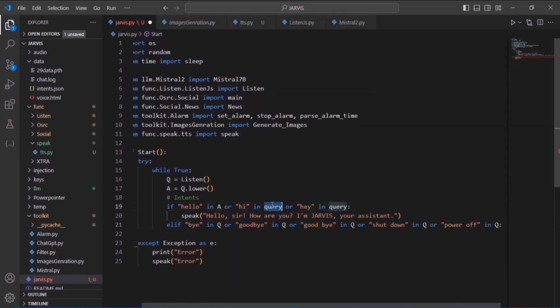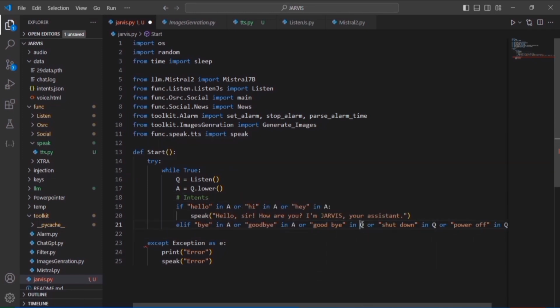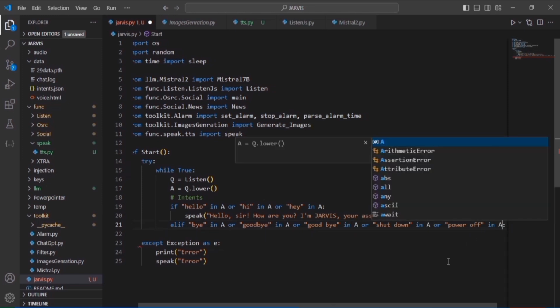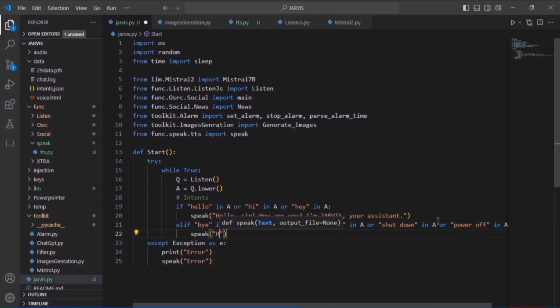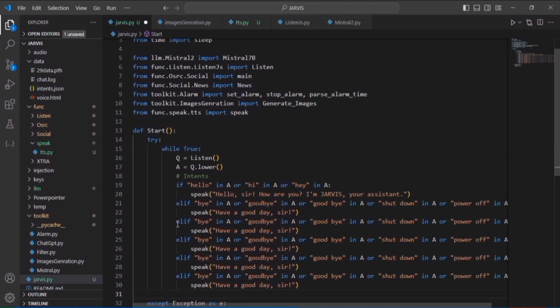Now I have to change the q variable to a everywhere it is used, because it is necessary for our query intents. After all of these, I added the speaking function in the bye branch also. Then I copy the elif bye statement several times and customize the intents as needed.